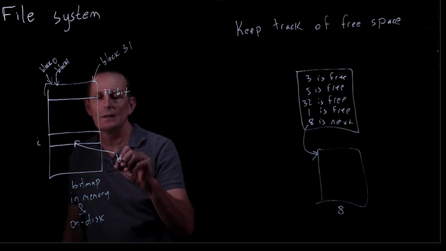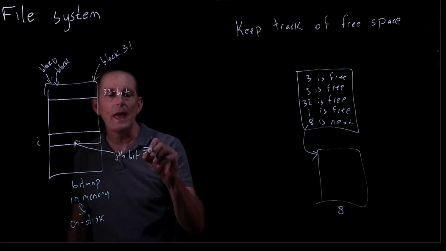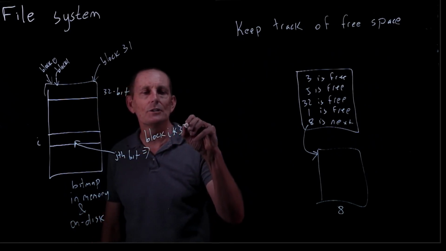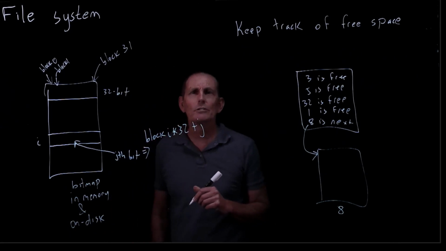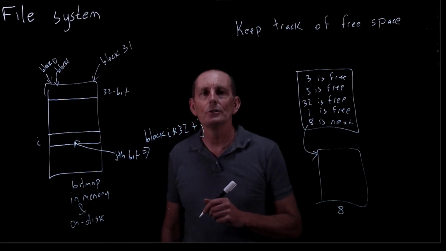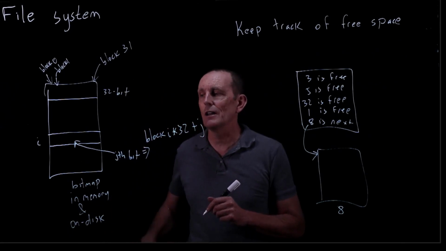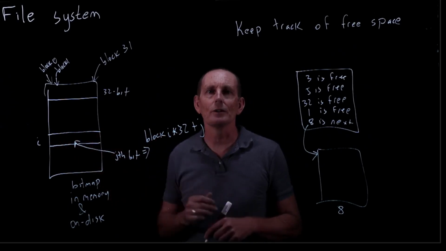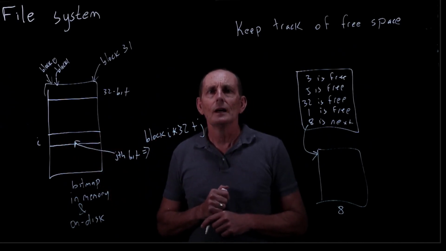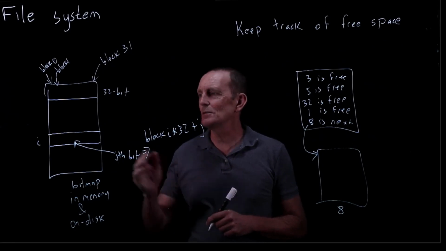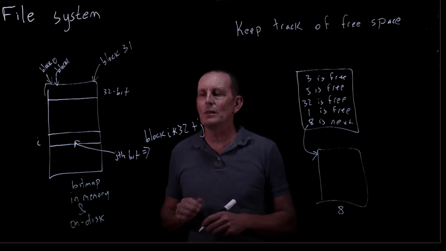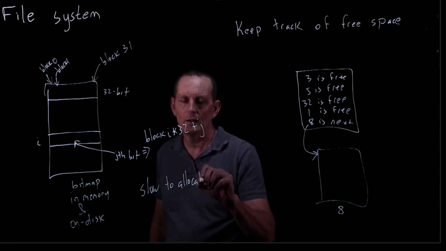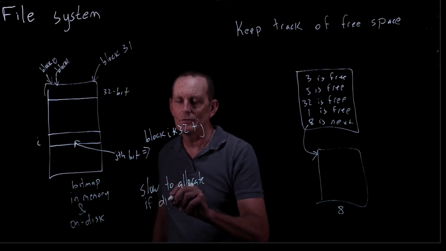In any particular entry in here, let's say this is the ith entry, and this is the jth bit, that would tell us about block i times 32 plus j. So all we've really got to do in order to mark a block as free or not free is take the block number, do this arithmetic, do a little bit manipulation, and figure out where we are in here. It's easy to allocate contiguous blocks. We can look for runs of 1s. One problem is it can be slow to allocate if the disk is close to full.